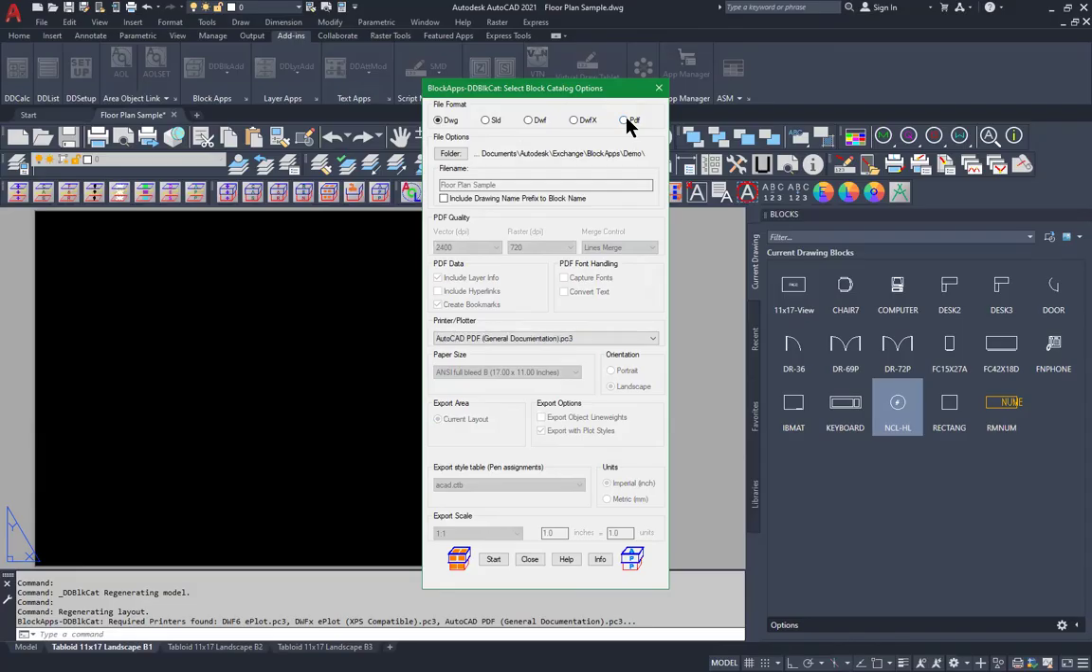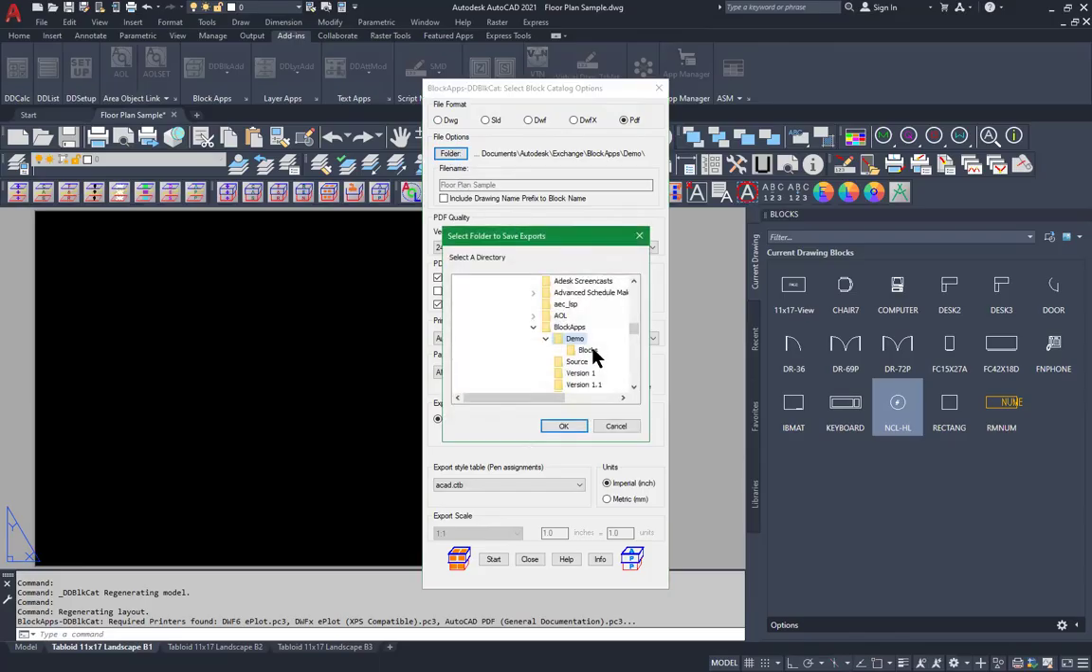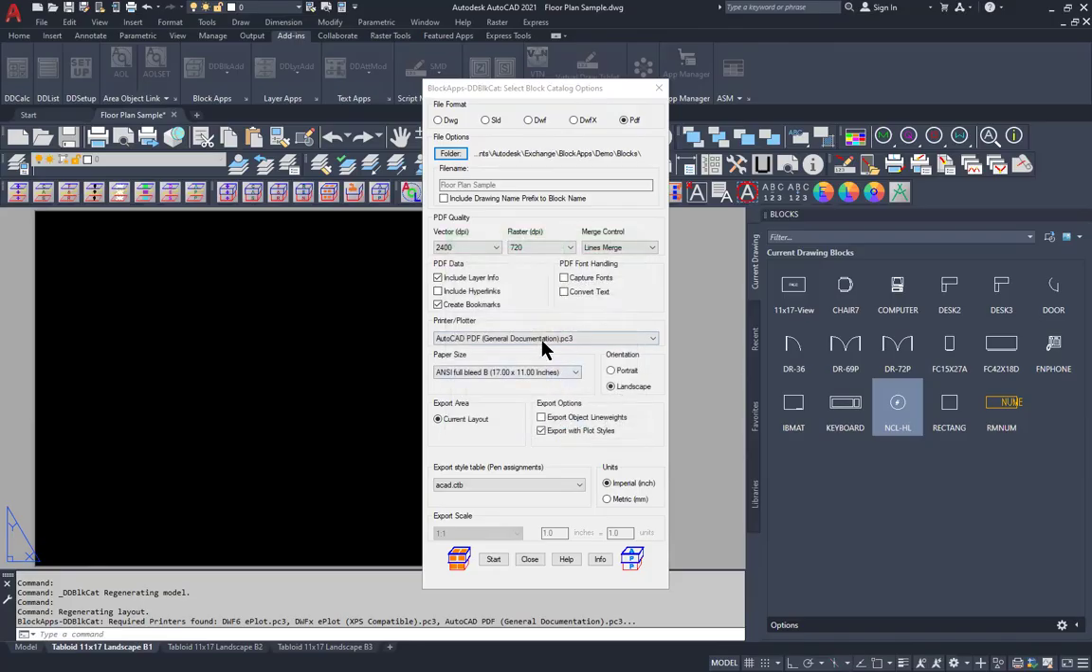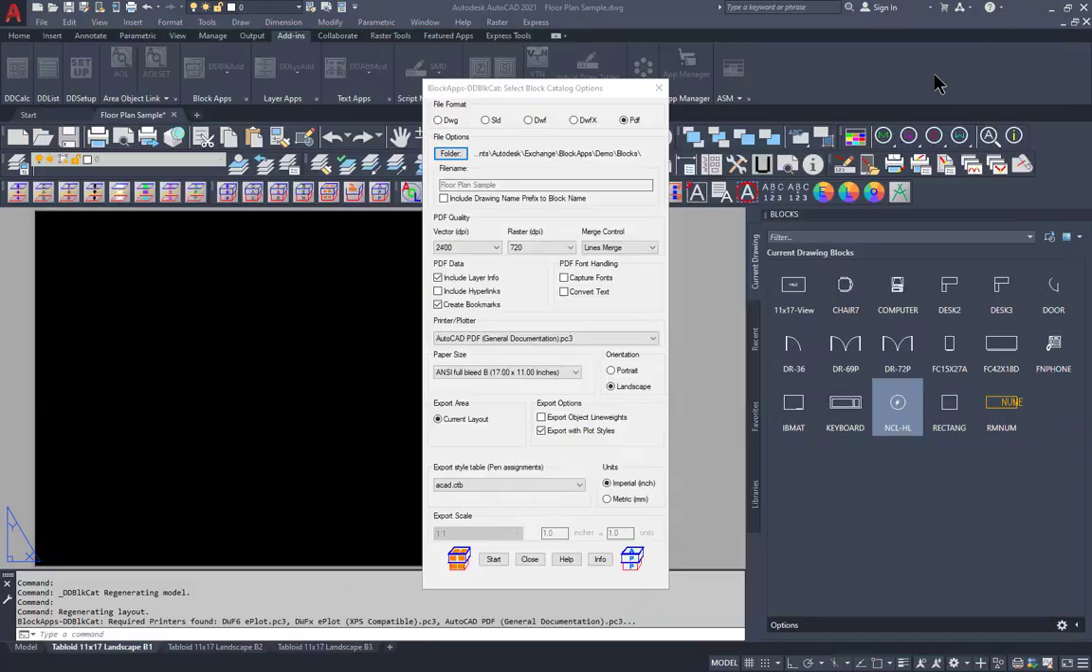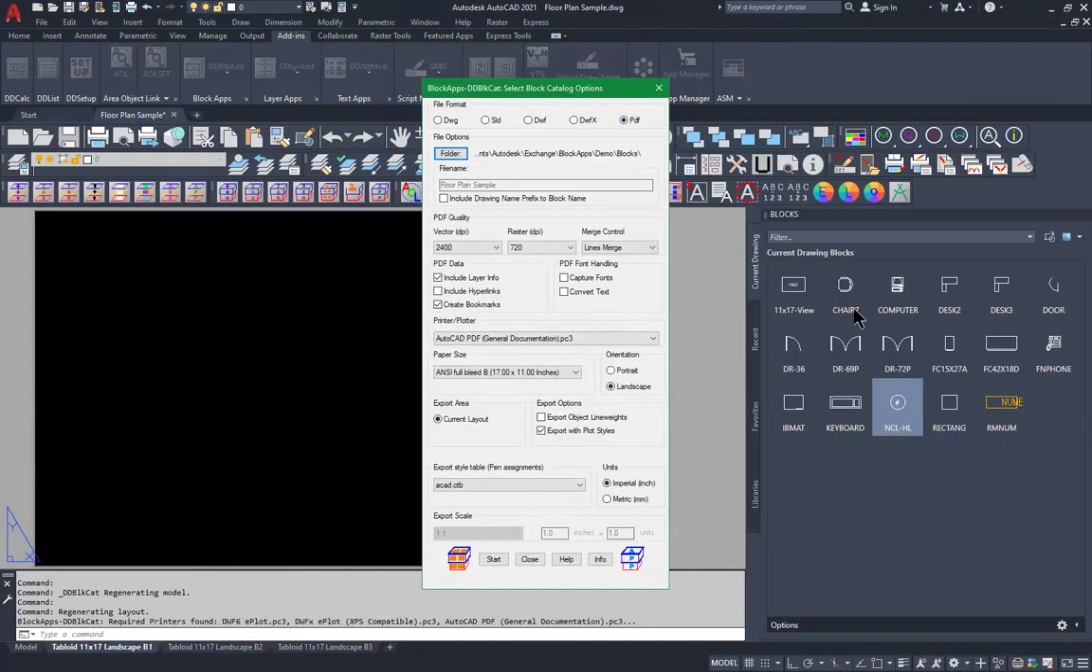I'm going to go ahead and demonstrate the PDF option, and each one of these options has the ability for you to place the output in a particular location, a folder. In this case, I created a folder called blocks underneath demo. Currently there's nothing in the blocks folder, and to show you that, it is empty. So I'm going to create a PDF of each and every one of these blocks,